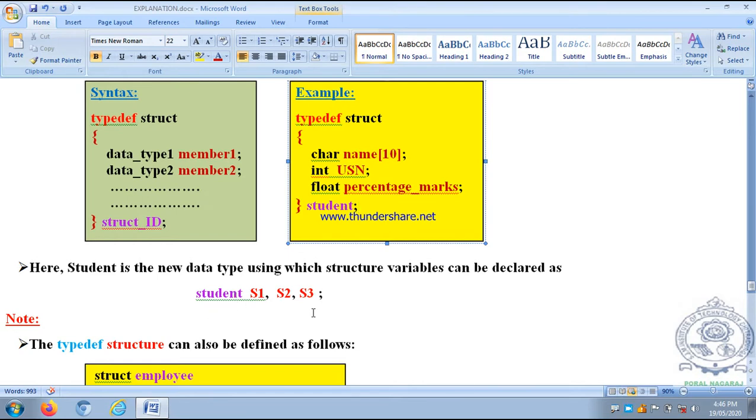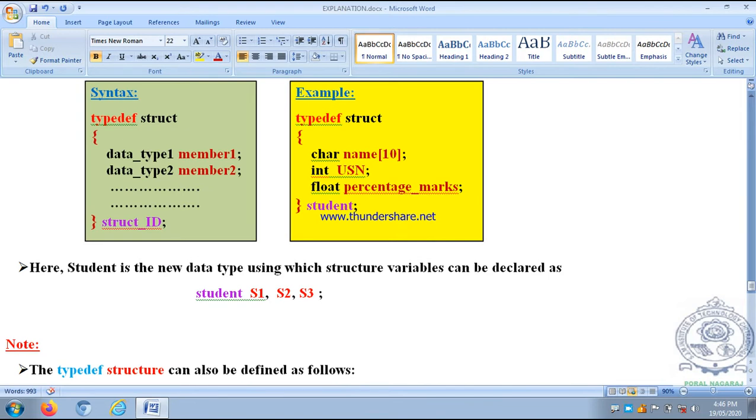Just to recall, for normal structures we declare the structure variables like this: struct student, then S1, S2, S3 semicolon.